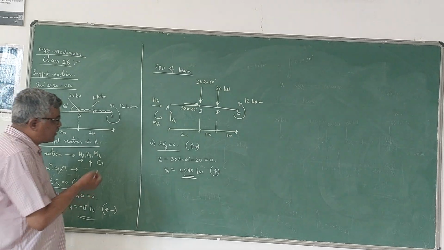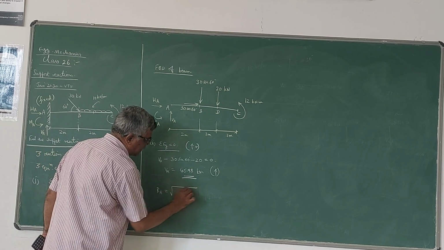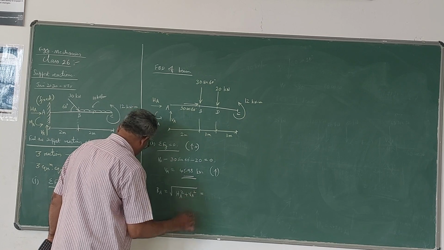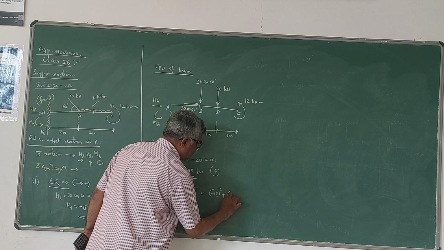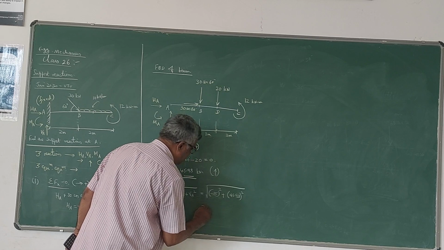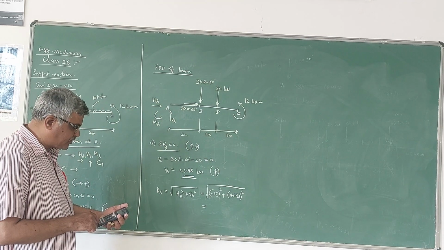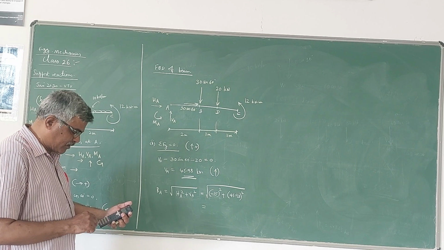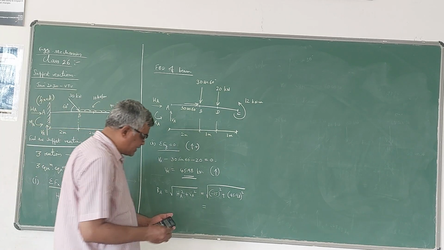Now once you get these two, you can find out the resultant reaction RA also. Resultant reaction is given by square root of HA square plus VA square, that is minus 15 square plus 45.98 square under root. So it comes out to be 48.36